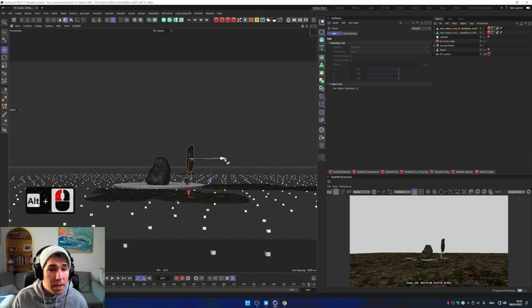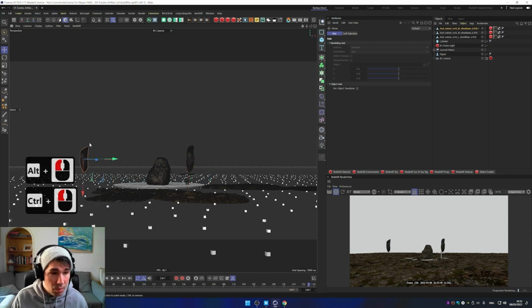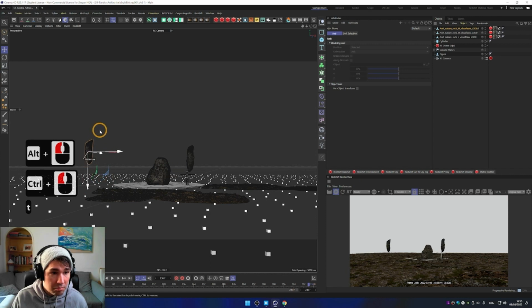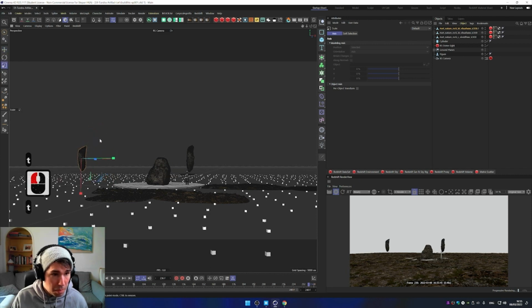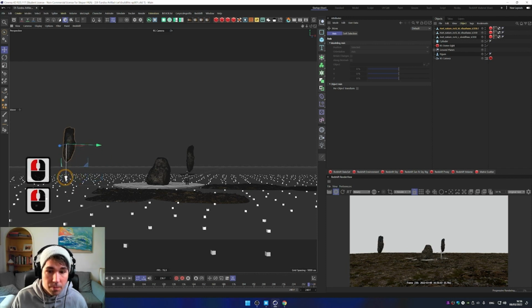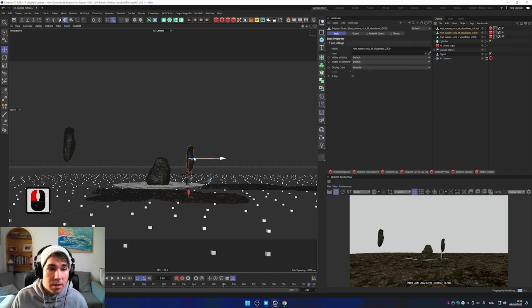And I'm going to duplicate it just by holding Control and dragging the green one, and just duplicate it over there. Now press T, so it's changed to scale, and drag anywhere just to scale it and rotate it so we see it from a different angle. So we think it's a different rock. Do we think that? Maybe. Nice. So we have that,